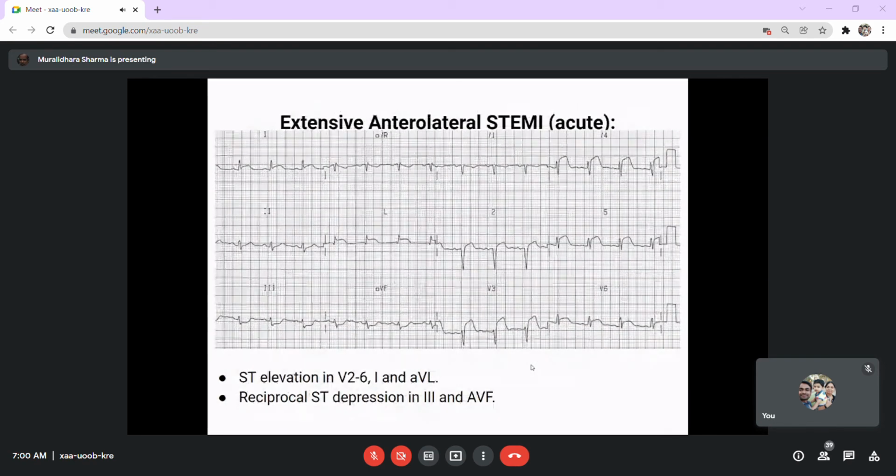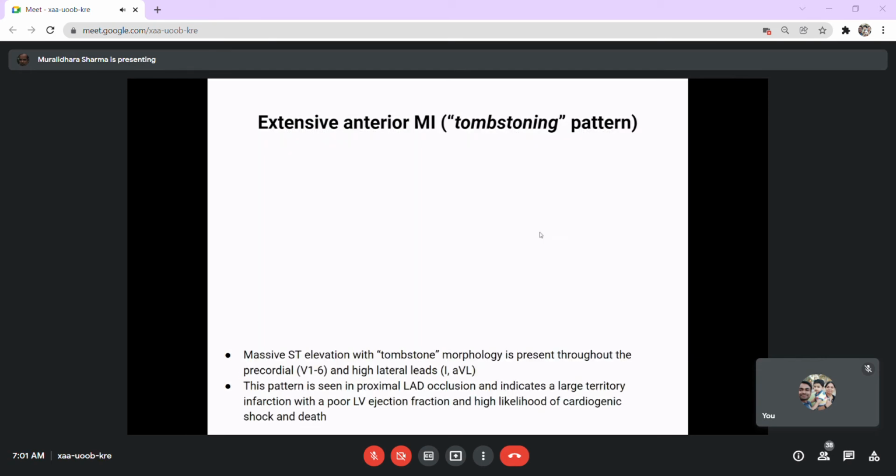Of course, another example of the anterolateral STEMI. These are the same issues; the only thing is the variation in the pattern. ST elevation is seen in V2 to V6, particularly in the chest leads, but towards the left leads the prominence is seen, and ST segment depression in lead 3 is suggestive of an anterolateral STEMI, particularly an acute condition.